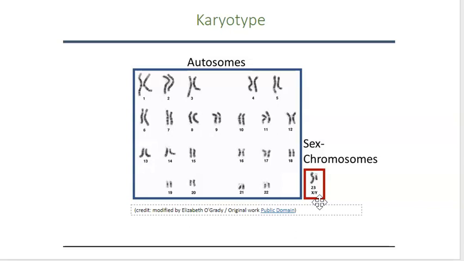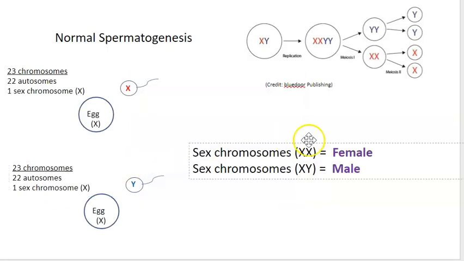So from here forward, we're assuming that the autosomes separate fine, that the gametes that we produce all have 22 autosomes. We're just focused on the sex chromosomes and what happens if non-disjunction happens with our sex chromosomes. In other words, if they don't separate properly. So to begin, I want to talk a little bit about